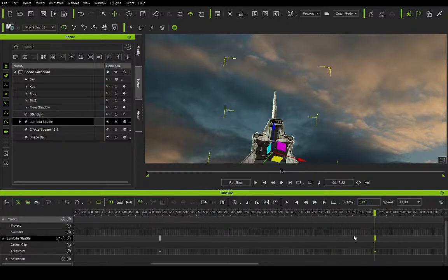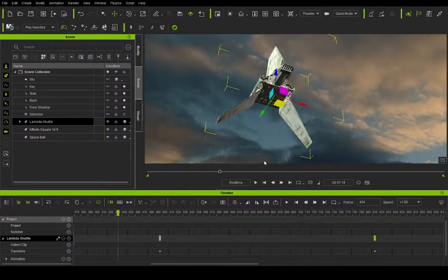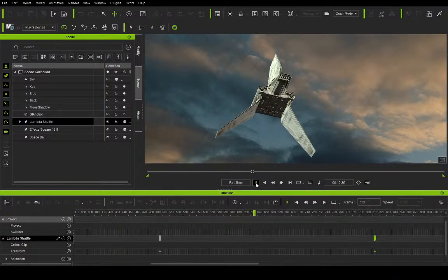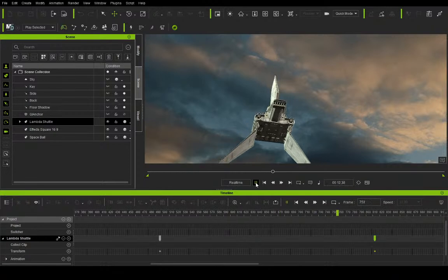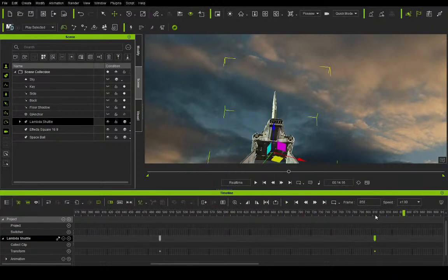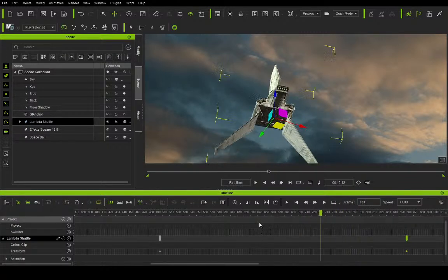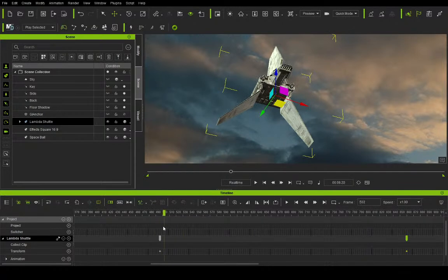So by dragging the end point of its movement, there we go, a bit further. Right, so once we start to descend,